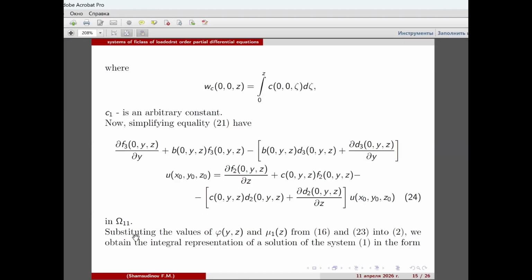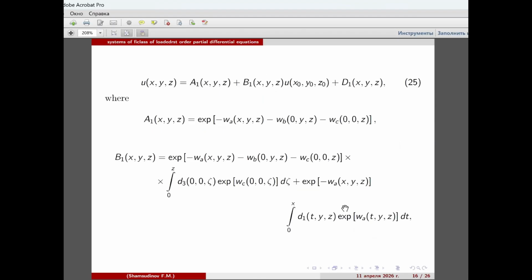Substituting the values of phi(y,z) and mu_1(z) from 16 and 20, 30 into 2, we obtain the integral representation of a solution of the system 1 in the form